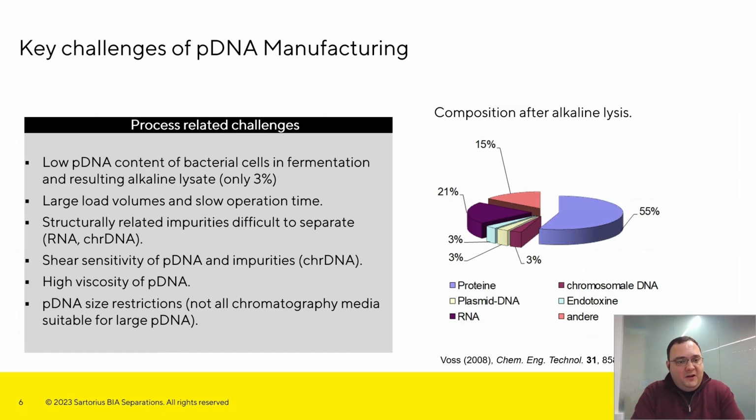Now, looking at our molecules of interest, when it comes to pDNA, usually it's manufactured in E. coli. Then it's harvested, pelleted, resuspended, lysed, and with lysis, we start the purification process. Now, the interesting thing is when you lyse E. coli, of the dry material, only roughly 3% represent your pDNA, while there are many other impurities present in the lysis